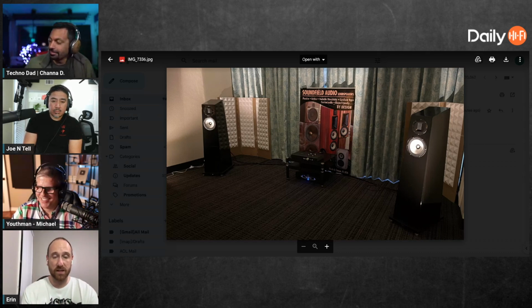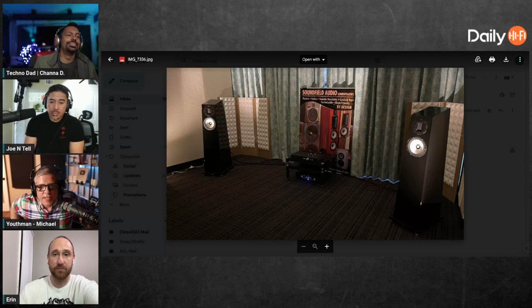It's expensive, man. But the finish on them was super nice. And ironically, $15,000 a pair was kind of like the budget to mid-tier price at that show. There's definitely the Von Schweikert, I'm going to mess up their name. They're like a $100,000 pair of speakers. There's others that are way higher than that. Surprisingly, I went and listened to the Focal Utopias. They look really cool and they're really expensive. But I only stayed for one demo because I was like,